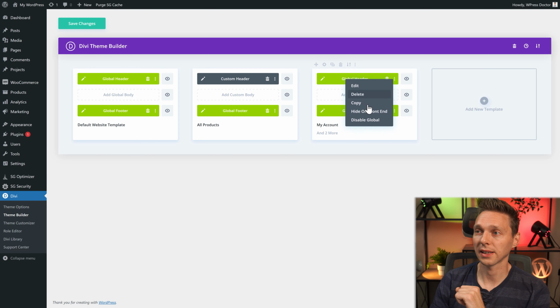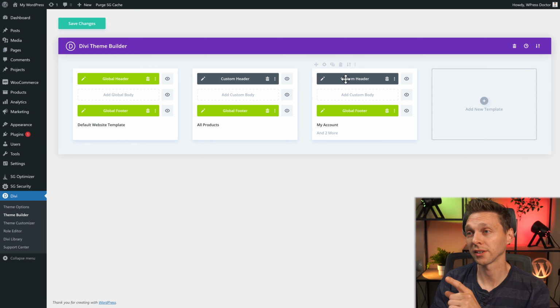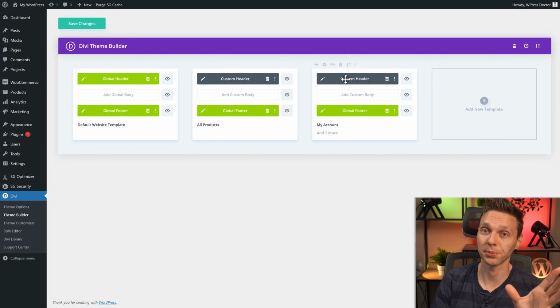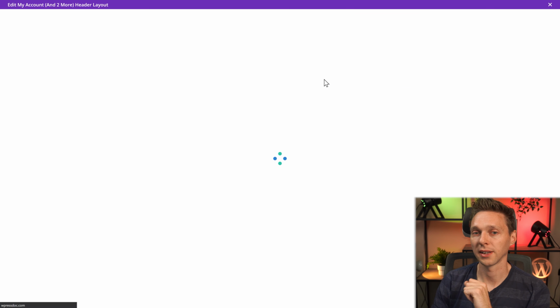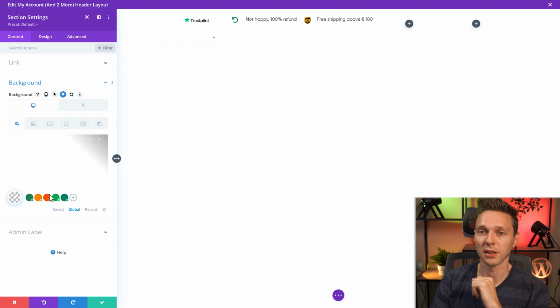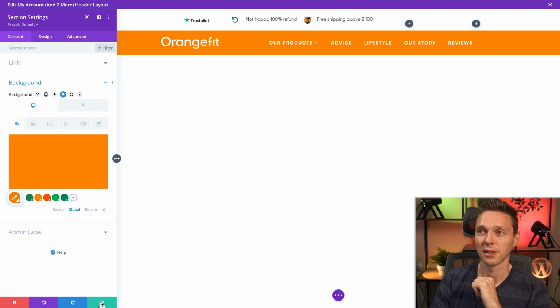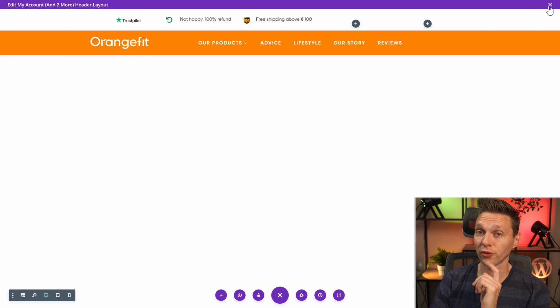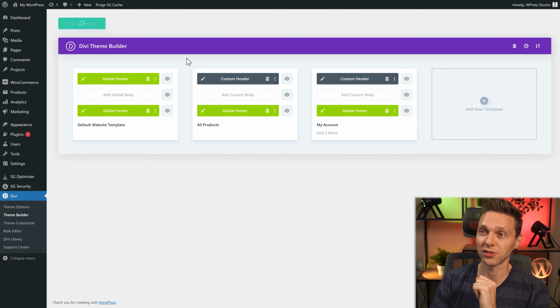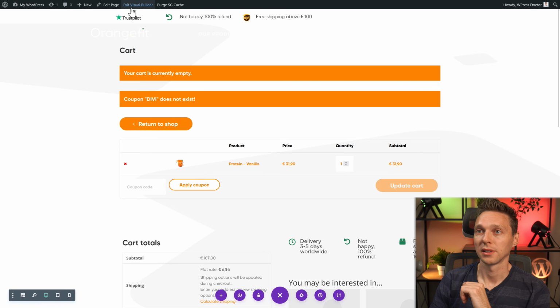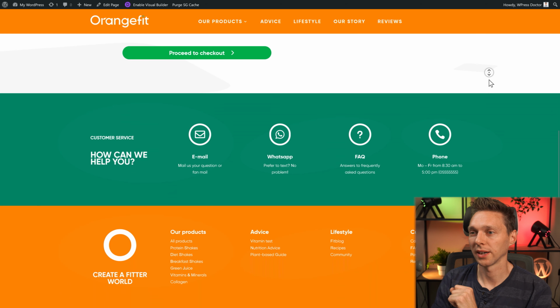Click on this one and click disable global. So all the changes we make in this header will not be applied to the entire website. Press on edit the button, section settings, background, on sticky. Now it's orange. We also want it to be on global, like this. And press save. Don't forget to exit this one and press save changes, or else it won't work. Exit the visual builder on the card. And now we have a beautiful card page, which is the way I like to see it.